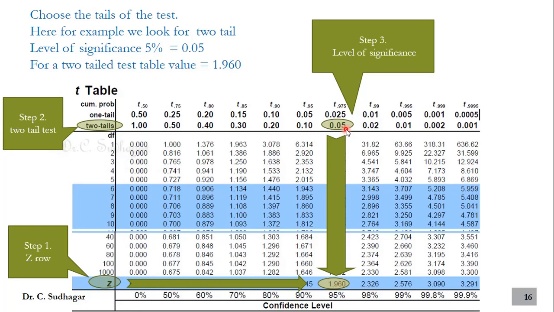So finding the Z value from the table is very easy. Sometimes students usually memorize these values. We have a limited number of values, 5%, 1%, 2% and 10%. These are the repeated values used in almost all the questions, so sometimes they will be memorized as well. Here I am giving the table, so from this table you can find the values.